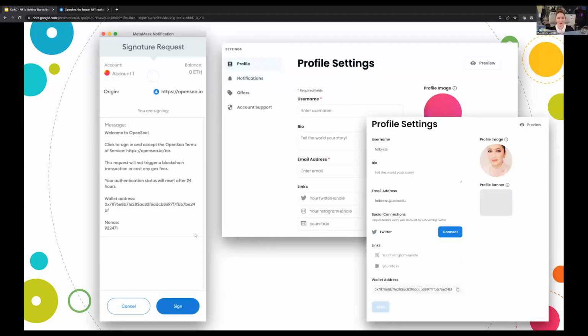MetaMask, sometimes when you're first integrating and getting all of this set up, MetaMask will pop up randomly and ask you to do things. If not, then it's already taken care of it and it's going smoothly, so it's not a problem. Okay.